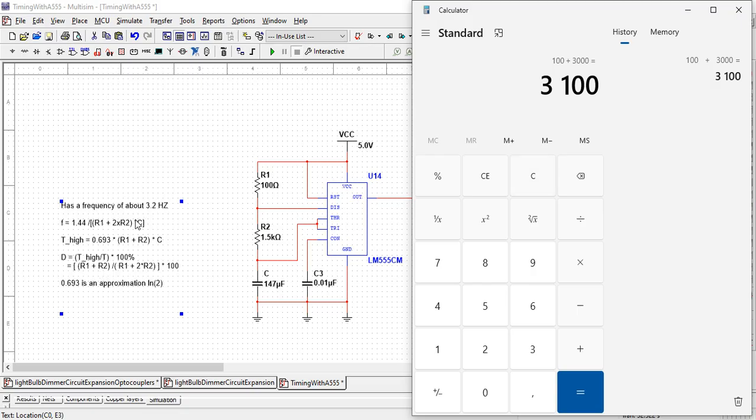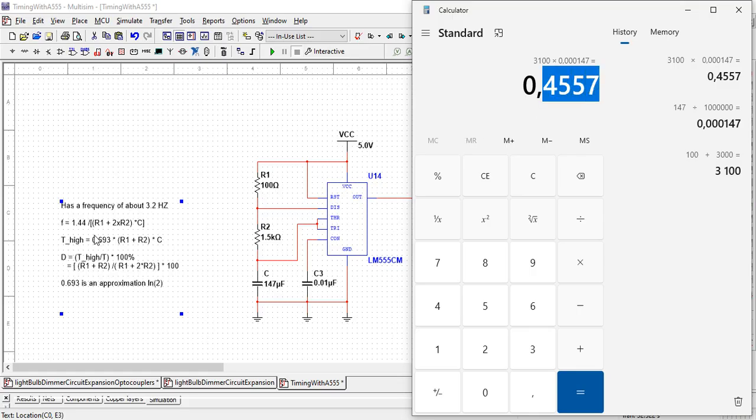Now 3,100 ohms must be multiplied by our capacitor here. Our capacitor here is 147 microfarads. 147 microfarads is basically going 147, you divide it by a million to get micro, and you get this 0.000147. Consequently, I said 3,100, you multiply that by 0.000147 the following way, and we get this